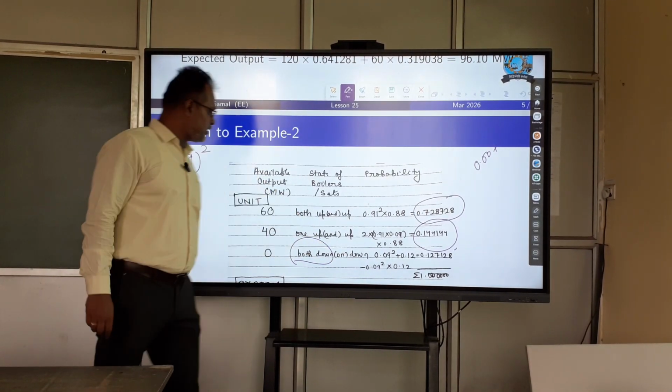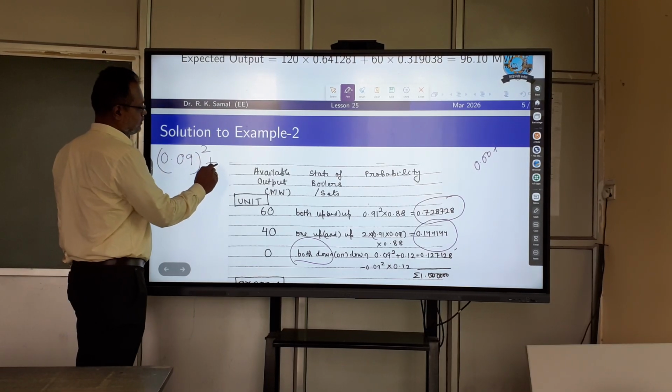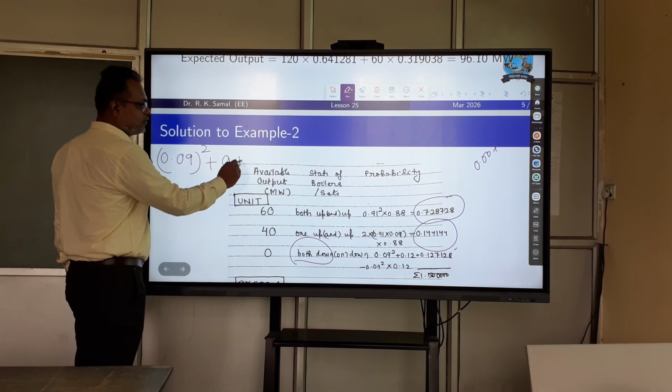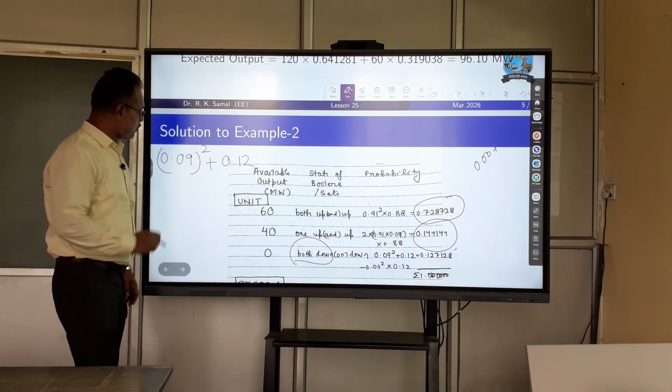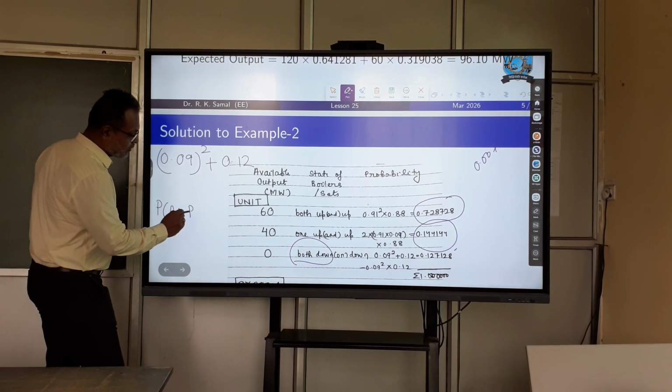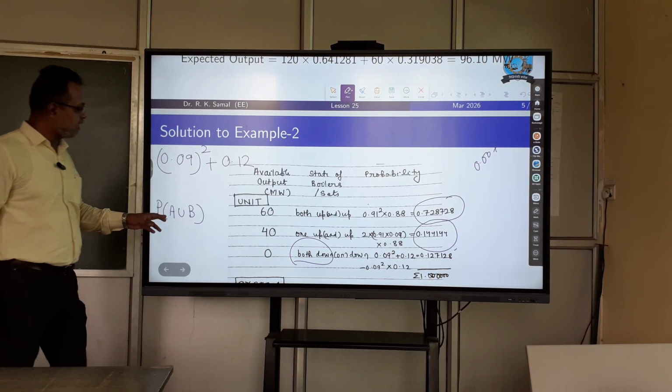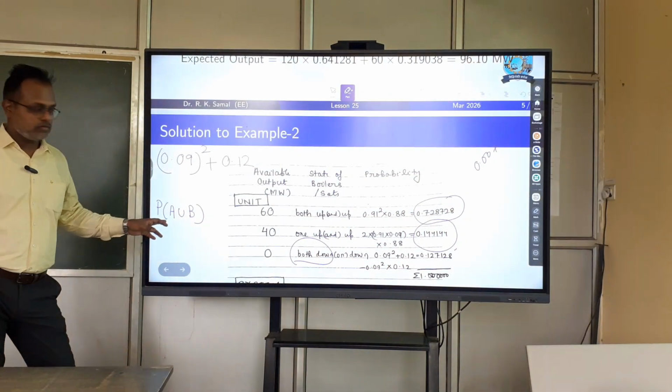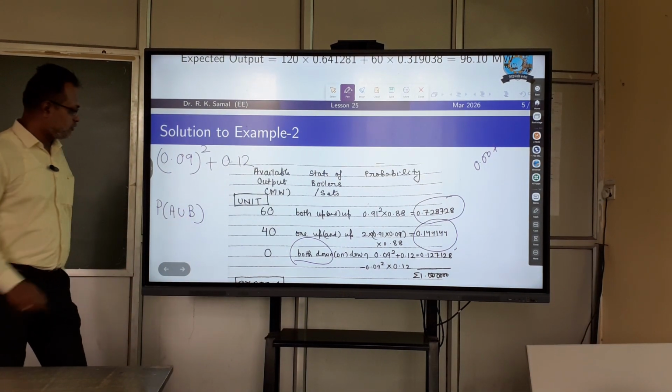What is the probability of generator down? 0.12. So we are actually finding P(A or B), where A is both the boilers are down, B is generator is down. So that is equal to